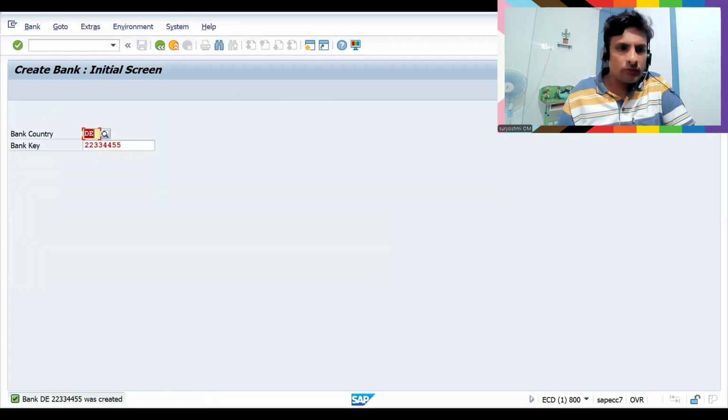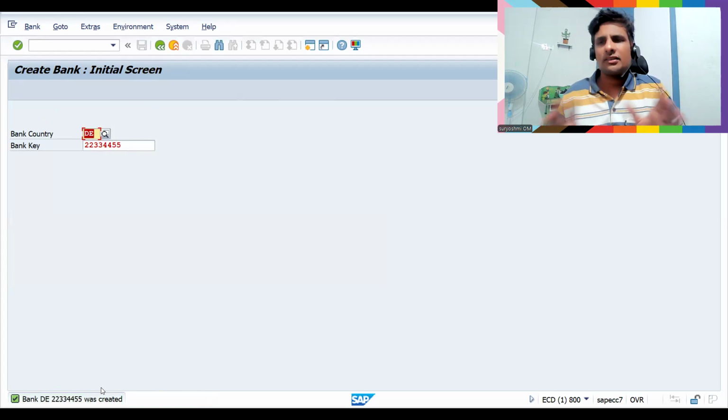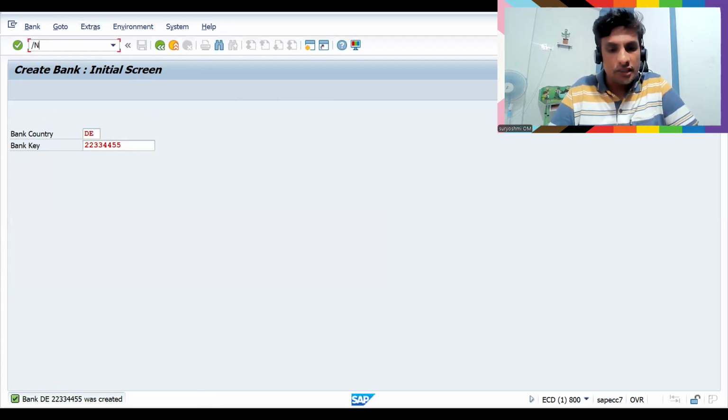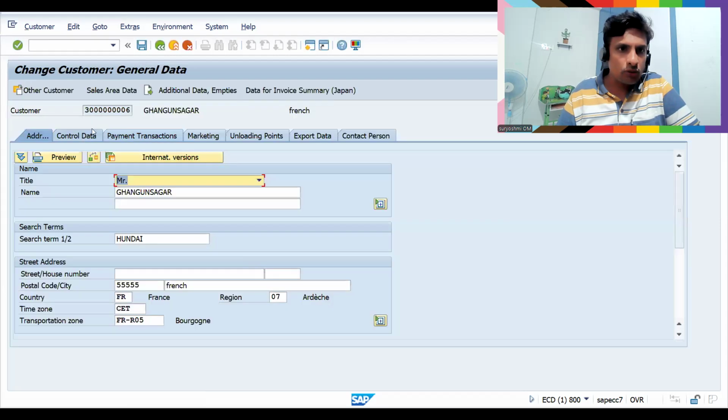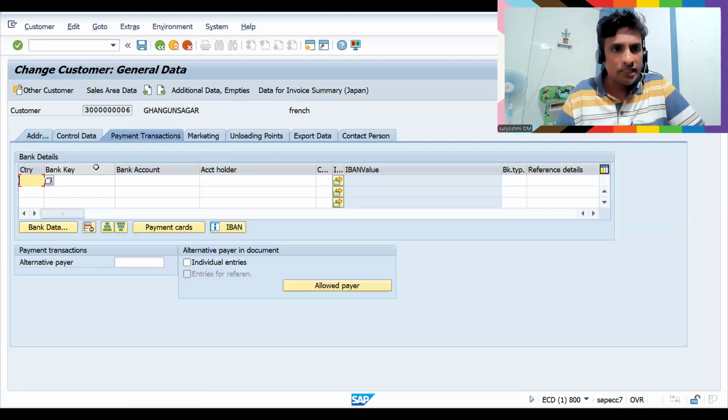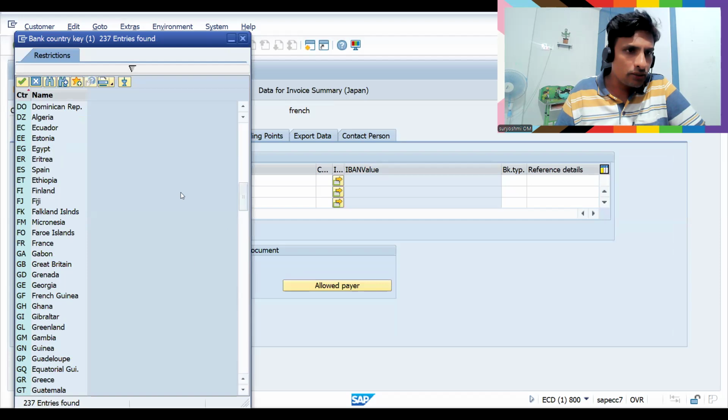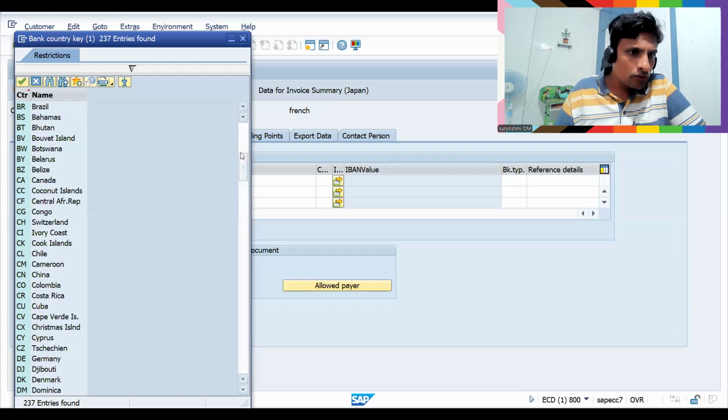So we save. See, this is how it is done. The bank is actually not required for your understanding. I have shown you how we can enter the SWIFT code in our customer master. You can try it if you really want with existing data. Don't create all these things. We also don't need to create IBAN, I am just explaining for your understanding. Let me check the country. I'll take Germany only as an example.